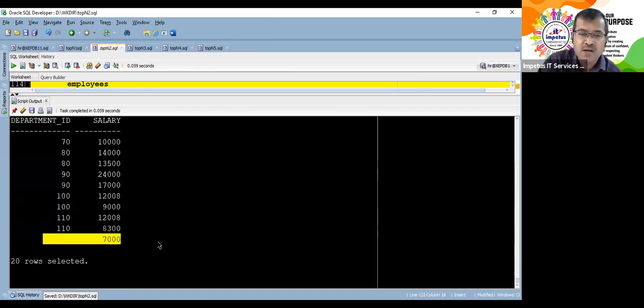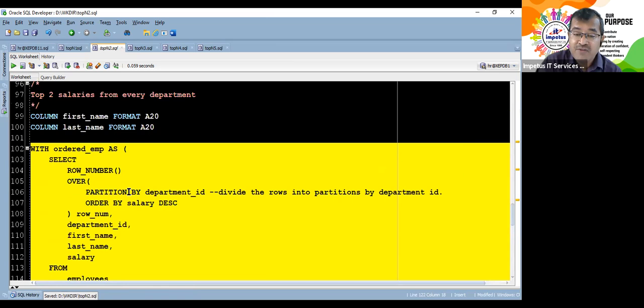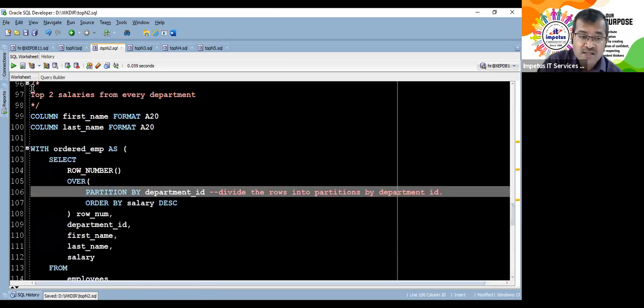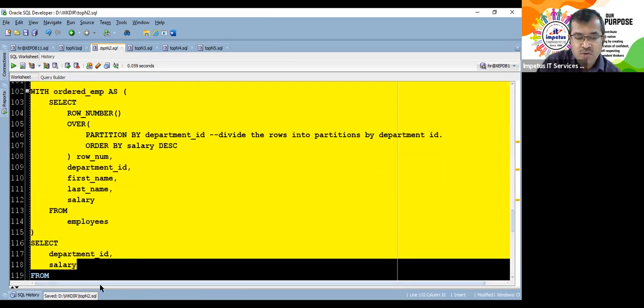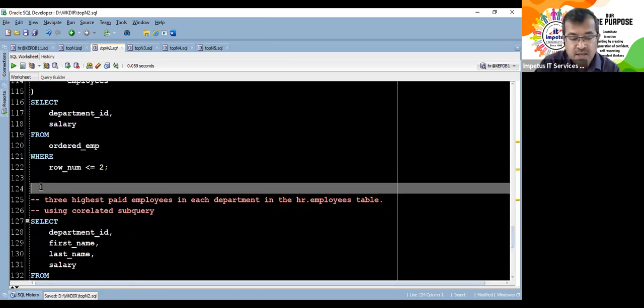And this Kimberly does not have any department. She has been recruited, but a department has not been allocated yet. But these are the top 2 salaries. If I go on to display the top 2 earners from every department, things will go a bit wrong. Not that it is not right, it is not complete.